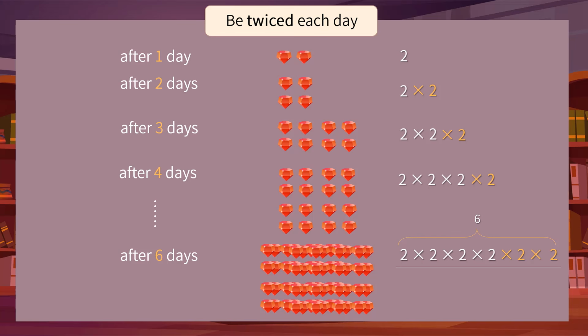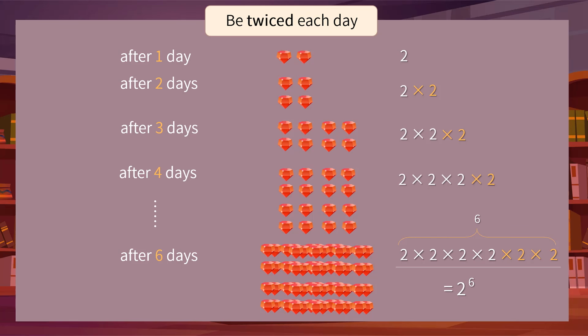To simplify, we can represent it as 2 to the 6th power. In this expression, 2 is called the base, the number being multiplied. The small 6 on top to the right of 2 is called the exponent, the number of times the base